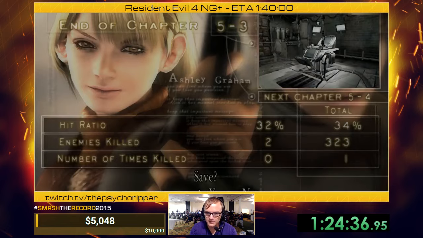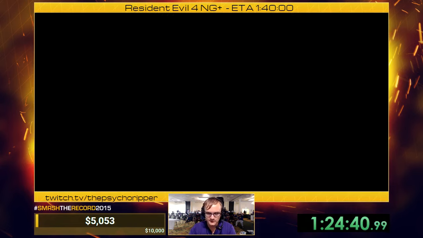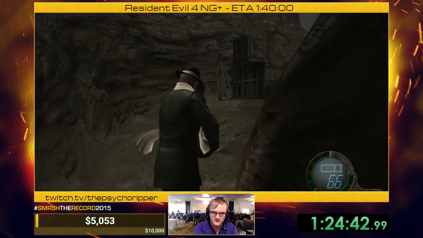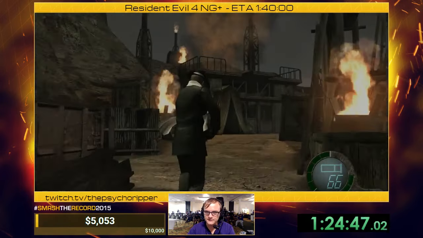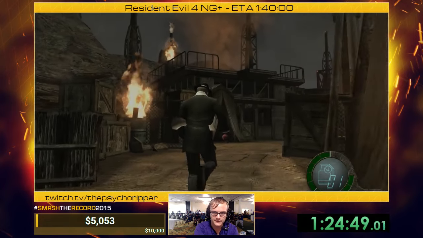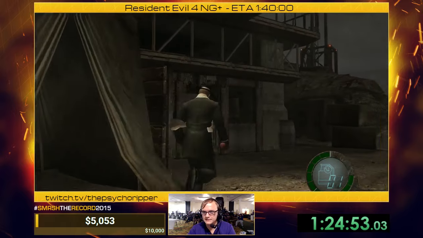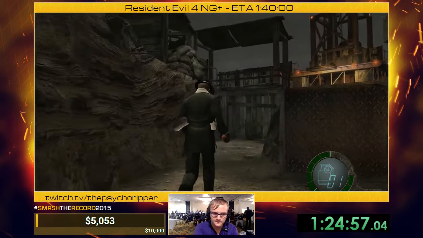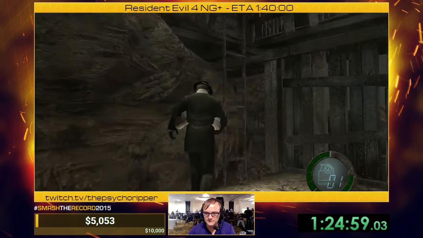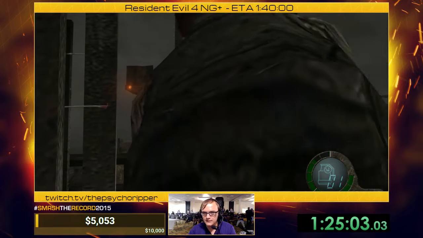Alright, so now we are going on to everyone's favorite part of the game, which is 5-4. If there's any section where RNG is just readily apparent, it's this section right here, because this part is just unforgiving at times. There's just so many things that can happen that you can't really deal with unless you're super careful. And there's a guy in a helicopter named Mike who's going to be shooting at various parts of this level, but... Oh, I lost my...